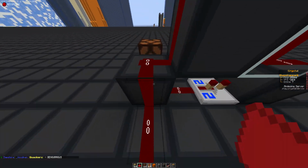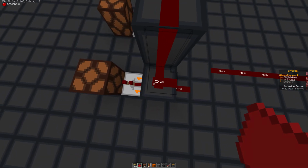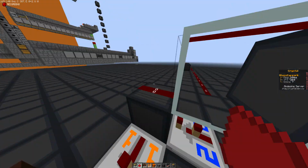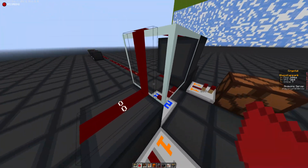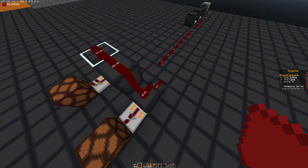So what's going to happen is the pulse is going to come into this block here, and of course this one's going to get powered first. Now it's not going to power this one on this side here because of course it can't go down this glass block here. So it needs to wait for it to